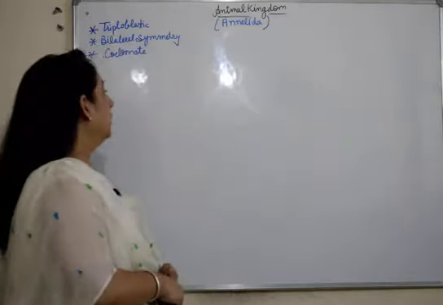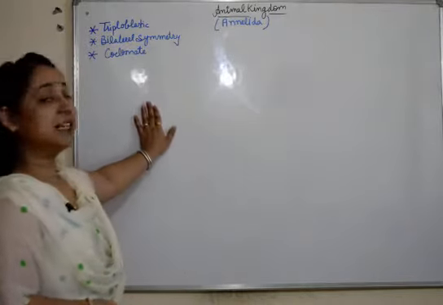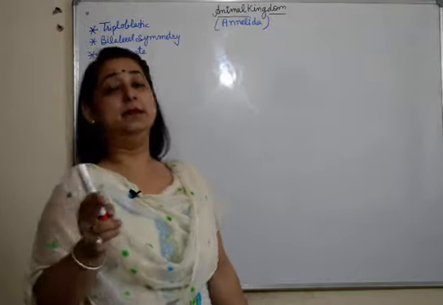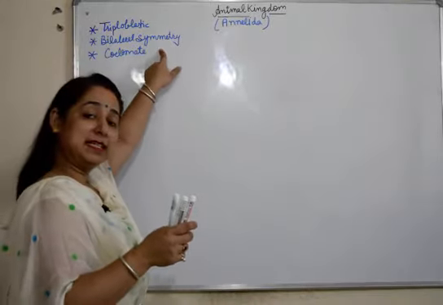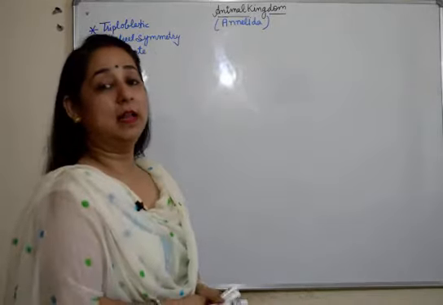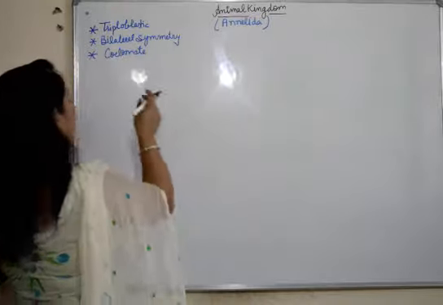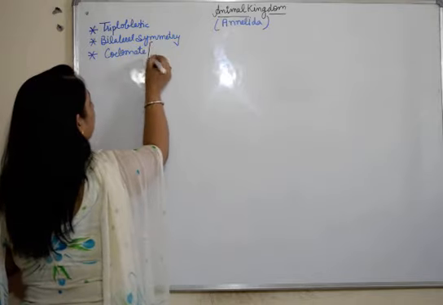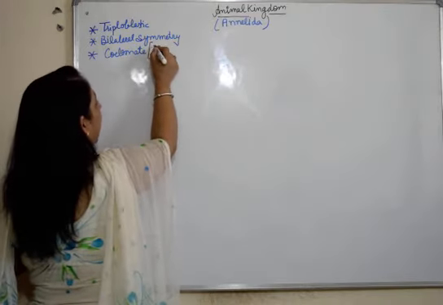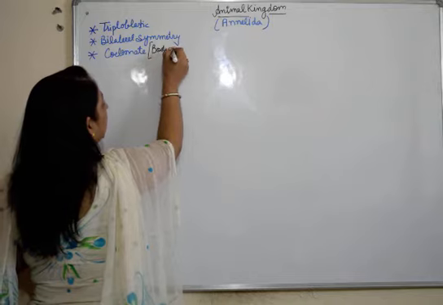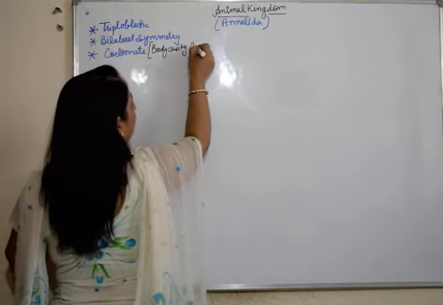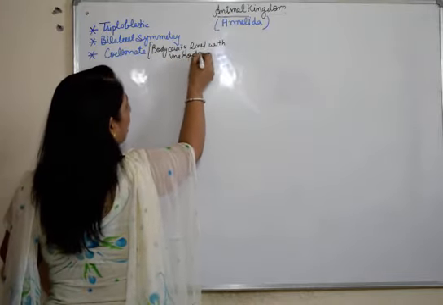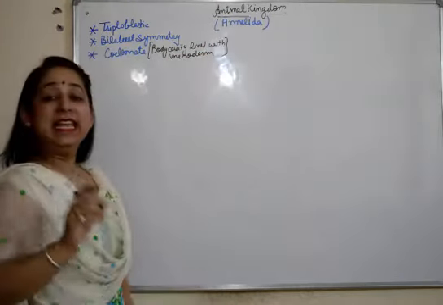So starting up with the video, general characteristics. I've already written the characters which are similar from our previous phyla, that is, they are triploblastic and bilaterally symmetrical, which will be there till the next phyla. Plus there is an additional feature here. Roundworms were pseudocoelomate. Herein, in case of annelids, they are coelomate. They have a body cavity lined with mesoderm. That's why they are known as coelomates.